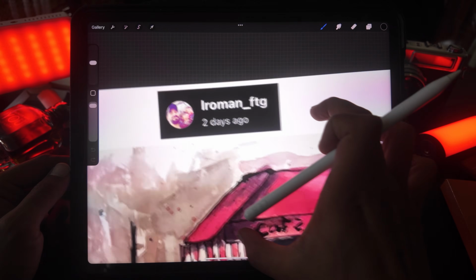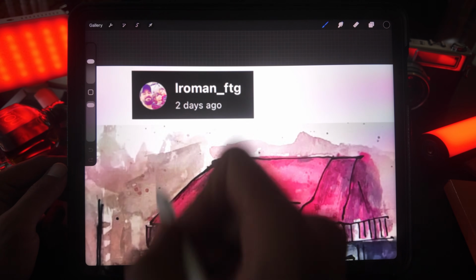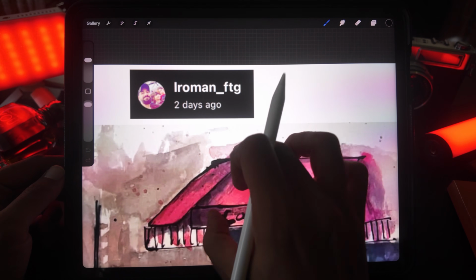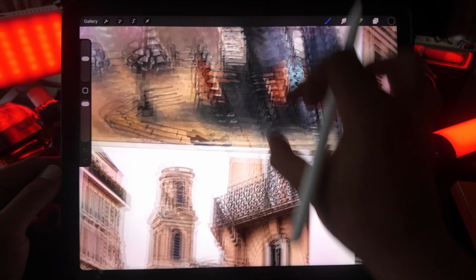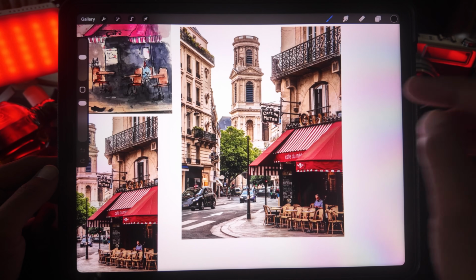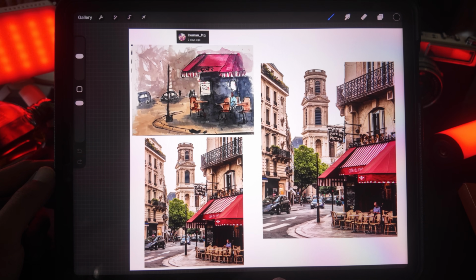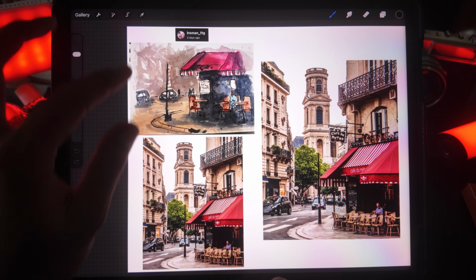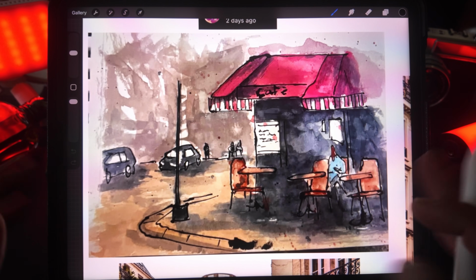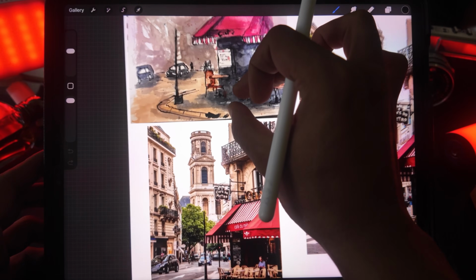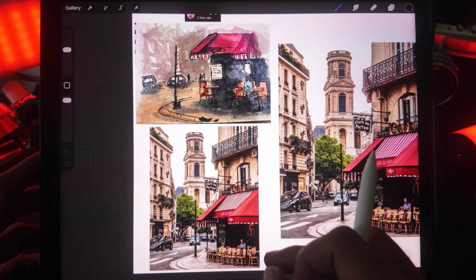Next we have Iron Man FTG. Why not Iron Man? Why Iron Man? Anyway, personal choices. This is the painting, the reference, the copy of the reference. I'm not really very happy with the painting. Honestly, it looks very nice, but when we compare it to the reference, what it's coming from, I mean, I'm